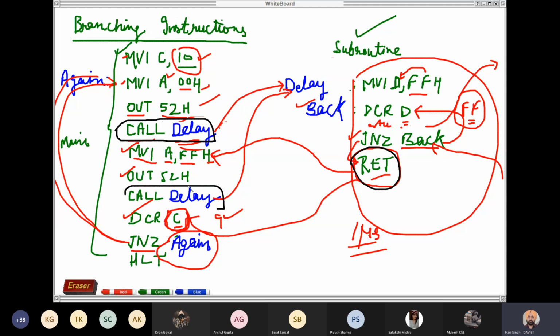Then another call instruction. And one more instruction in this program is jump if not 0. This also breaks the normal sequence. Means the instructions which break the normal sequence of a program are the branching instructions. Then jump if not 0. So these 5 instructions in both the programs are the branching instructions. Okay. So these instructions break the normal sequence of operation.